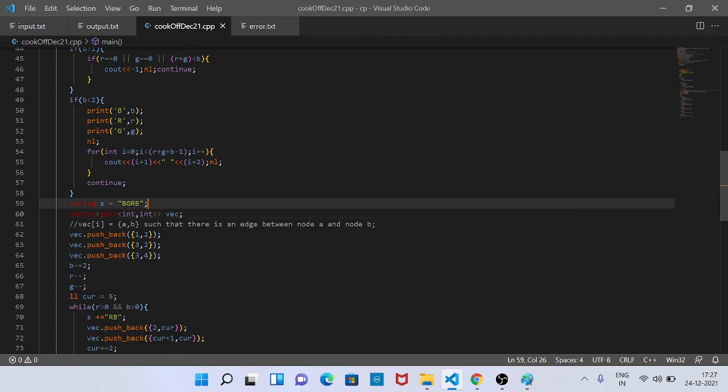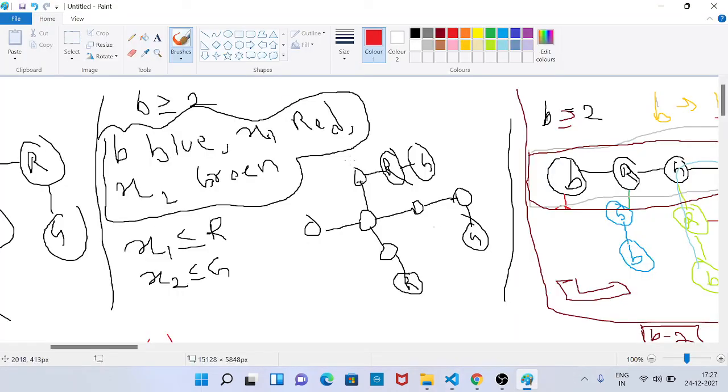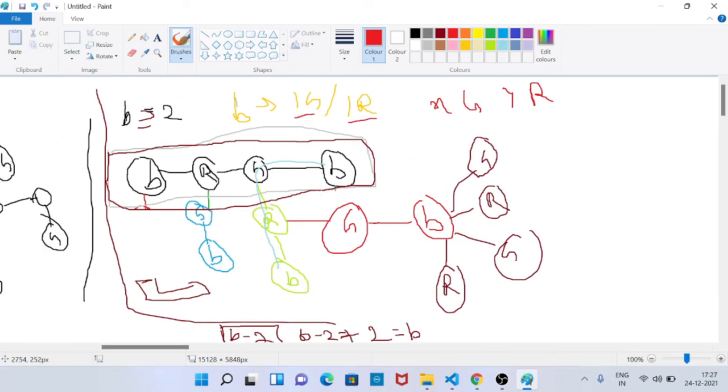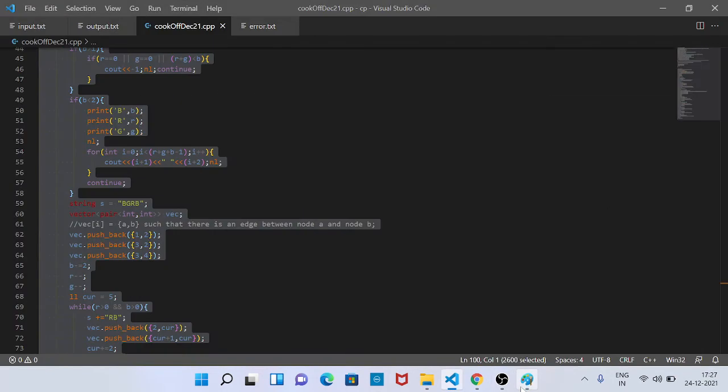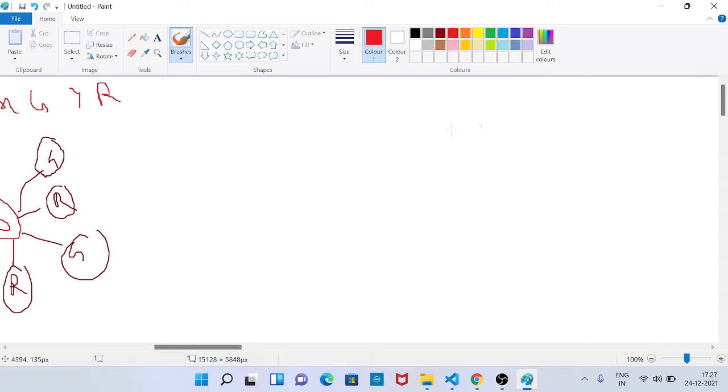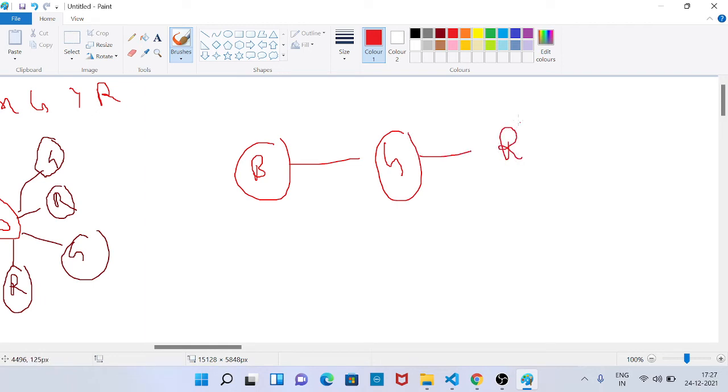So first of all we have constructed this base tree, BRGB. What I have constructed is BGRB basically. Okay,